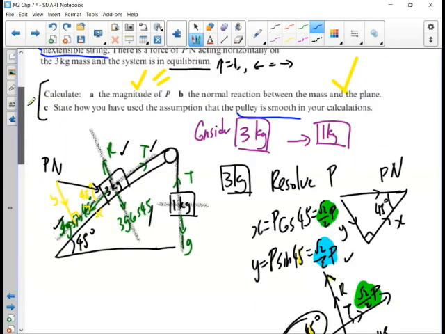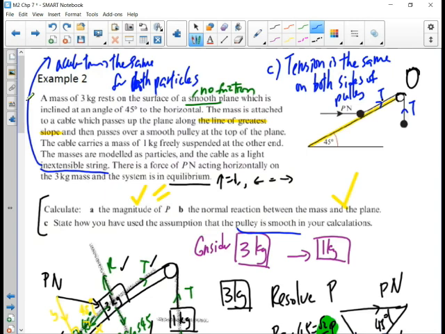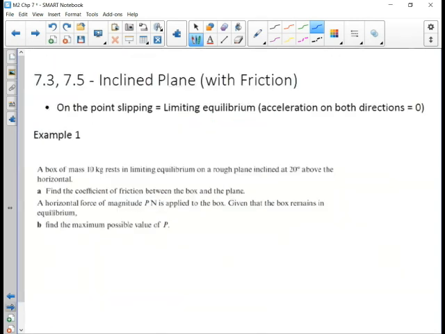Hopefully you remember. This time has no friction in the previous example, but today we're going to mix it with the friction. Hopefully you do remember the formula for friction, F equals mu R. So F stands for friction, mu stands for coefficient of friction, and R stands for reaction. Just one point for this lesson is that